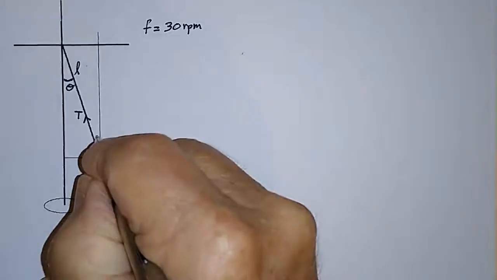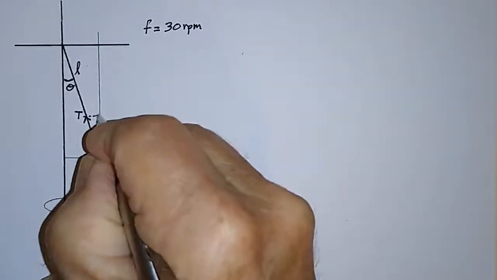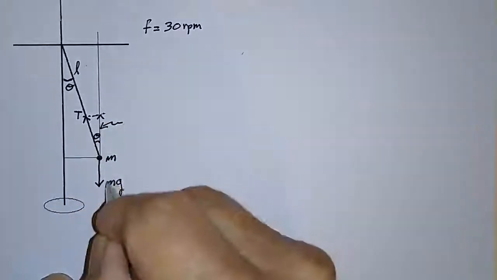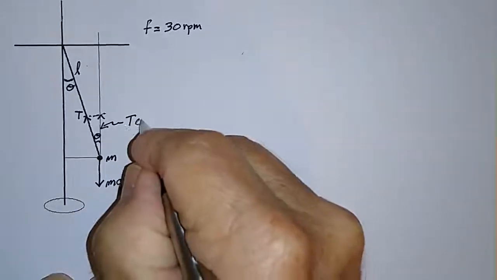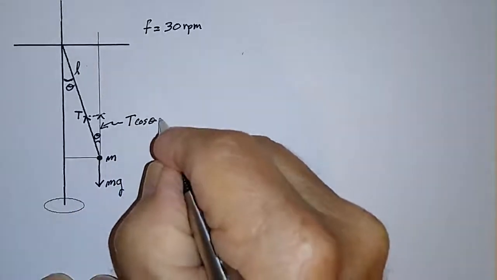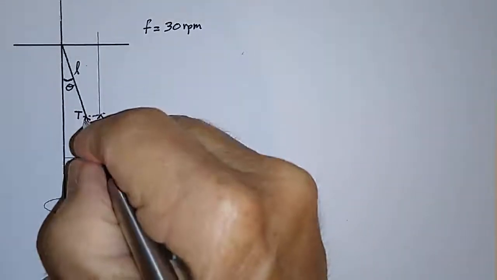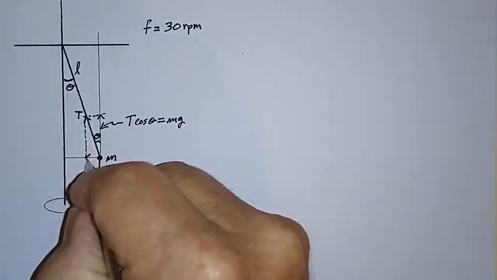This is angle theta also, so it is this vertical component of the tension here that offsets the weight. In other words, T times cosine theta is equal to mg,